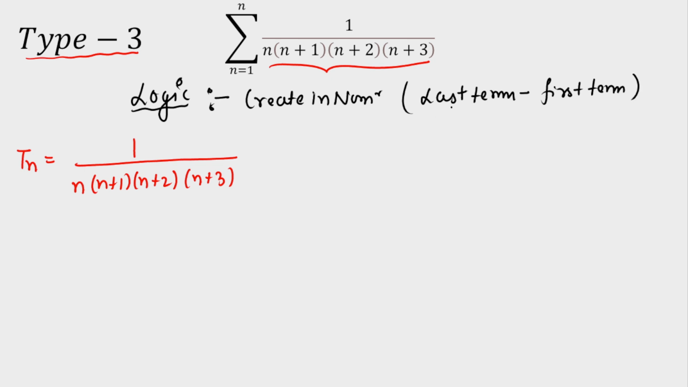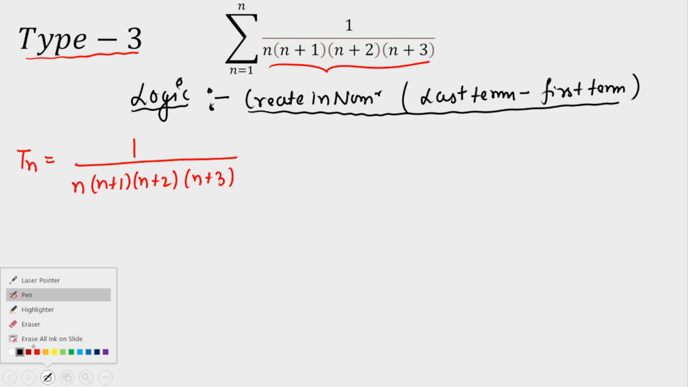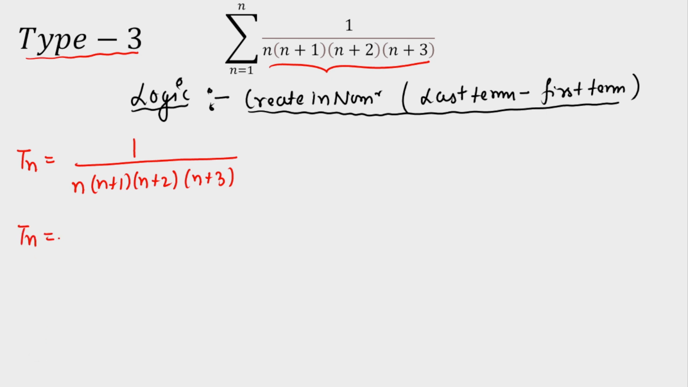The moment you create last term minus first term from the denominator, automatically you will get the difference here. So the last term is n plus 3 and the first term is n in the denominator. Remember this logic. This logic is really helpful for this kind of question where r number of products is given in the denominator. So what I'm going to do here is write the nth term as,